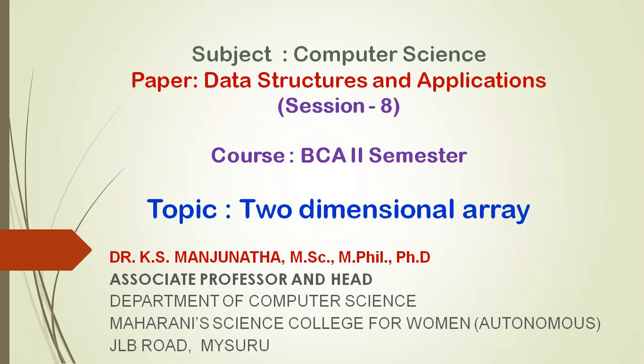So similar to one-dimensional array, we have another array called a two-dimensional array. The difference between a one-dimensional array and a two-dimensional array is that in case of a two-dimensional array, any element is accessed using two subscripts. The first subscript denotes the row number and the second subscript denotes its column number. In C language, the row number also starts from 0 and the column number also starts from 0. So if you write A of 0 2, it refers to the element stored in the 0th row and the second column.